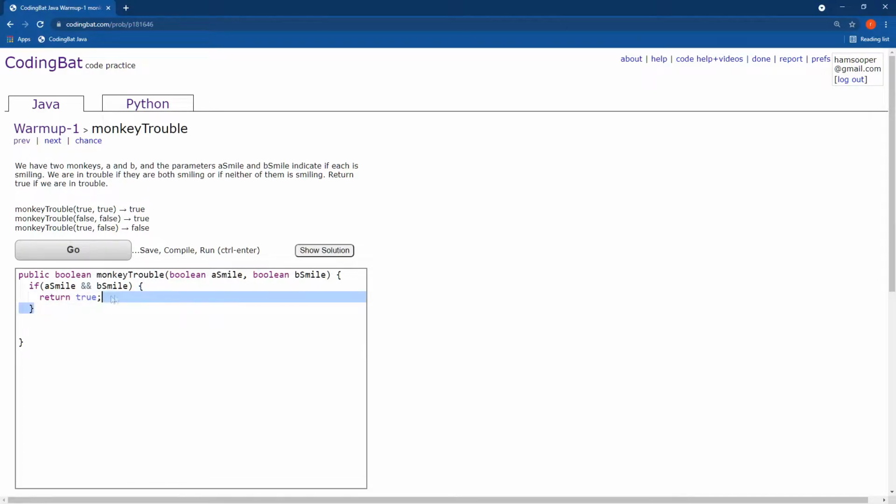And I'm actually going to delete these curly brackets because I only have one statement in here. Okay, so now I've handled the case that they are both smiling. Now I'm going to handle the case where they are both not smiling. So if, this is going to be similar to how we used not weekday earlier. I'm going to say if not a smile. So what this means, in normal English language, is if A is not smiling and B is not smiling,